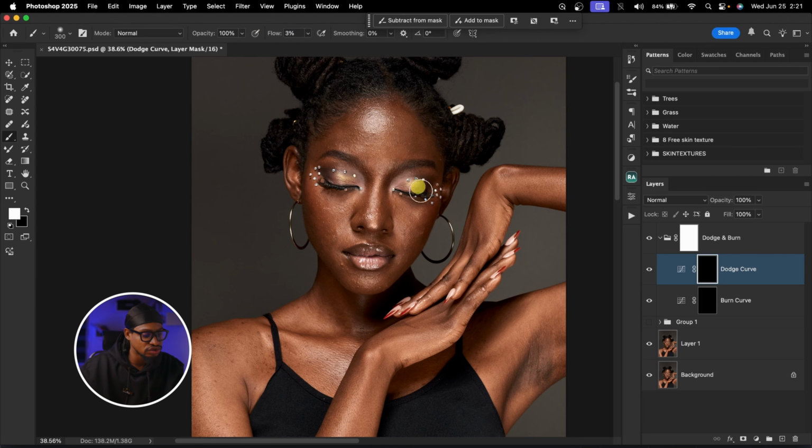Alright, and I'm just going to gradually dodge on the highlights. Also, don't forget, make sure your foreground color is set to white. It's very important. I want to gradually dodge the highlights until I feel it's okay. Like this, dodge this particular part, dodge this part, dodge this part,